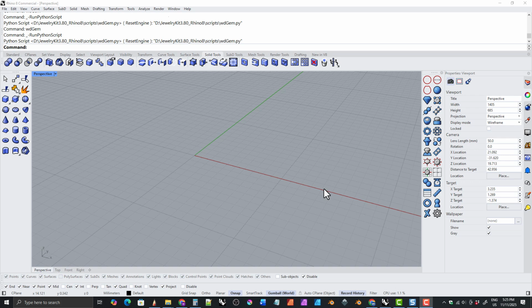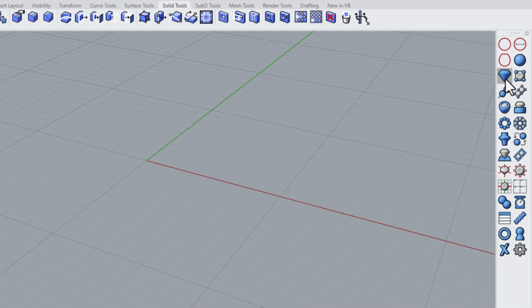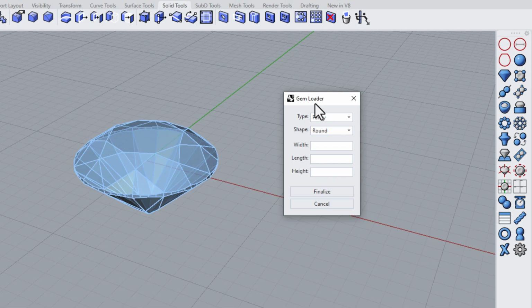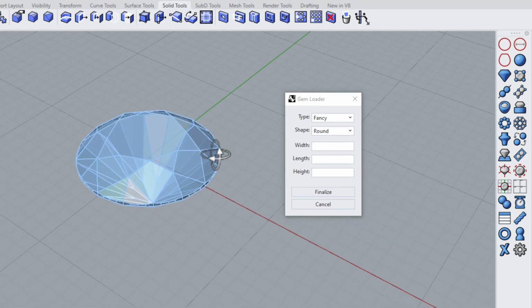In this video, I'm going to show you how to use the gem loader tool that comes with the jewelry kit that I make for Rhino. We'll start off by clicking on the gem loader tool, and we'll get a preview gem and also the gem